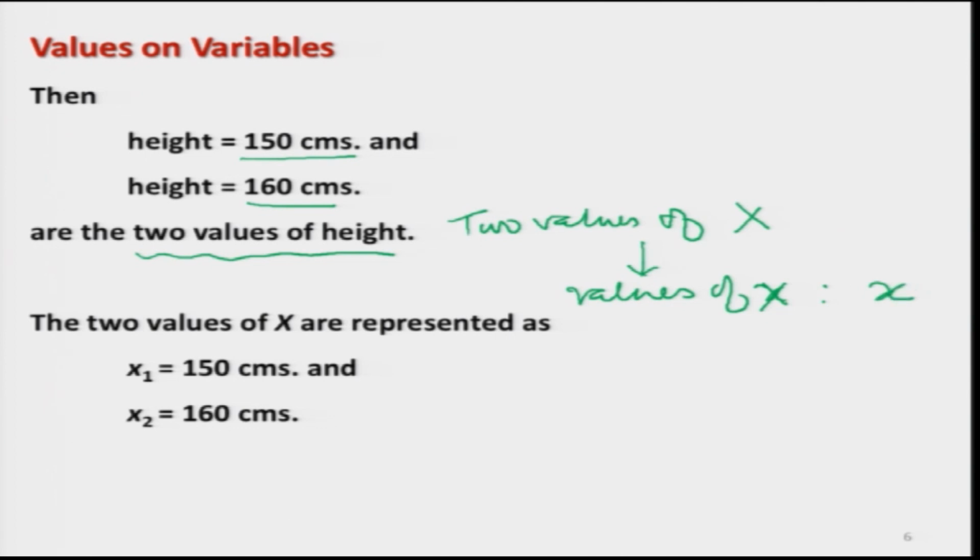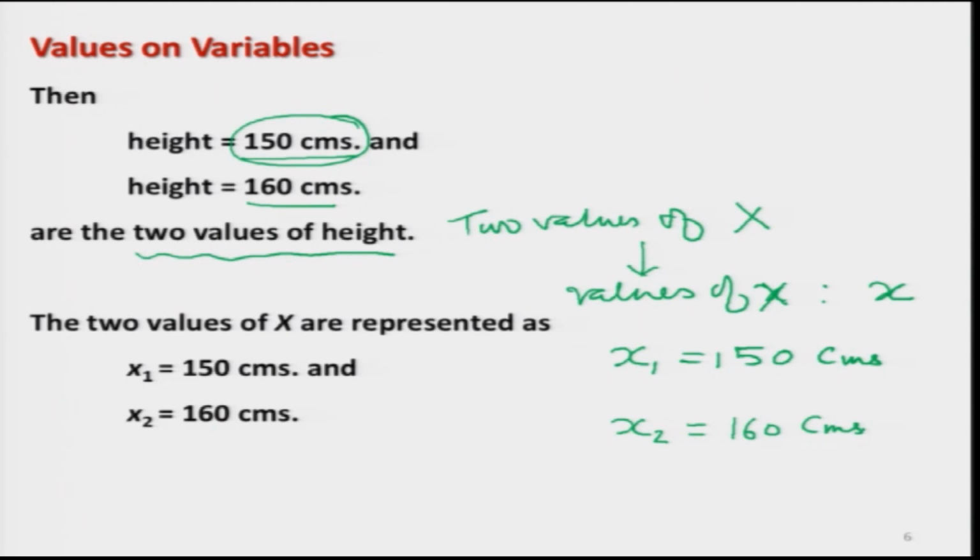So, now I can denote that the first value, which is here 150 centimeters, this is the value of random variable X, and this is the first value. So, I can denote it as x1, and I can write x1 is equal to 150 centimeters. Similarly, the value of the height of the second student, this is x, and this is my second student. So, I can write x2, and this I can write as 160 centimeters, right.